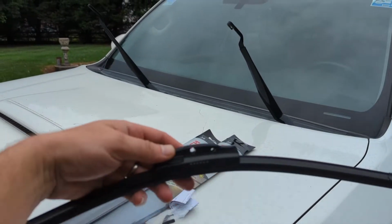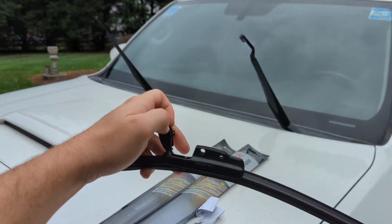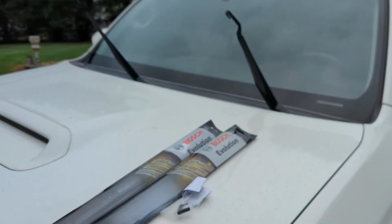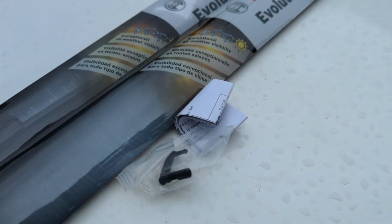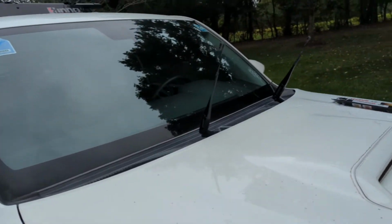All right, so I just took the blade out. You'll see it looks very similar. It's got the squeeze and lift feature and then that little cage in there. Now you'll notice that it comes with this adapter as well as the instructions. You won't need either one of those. At least I never use them. You guys tell me if I'm doing something wrong, but